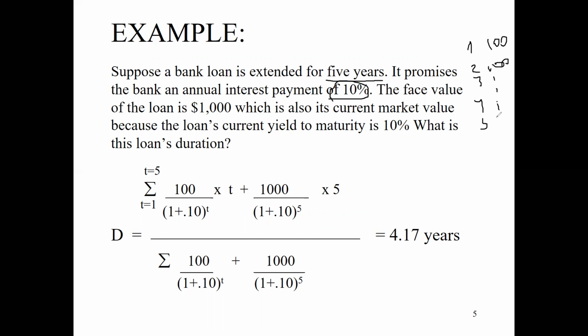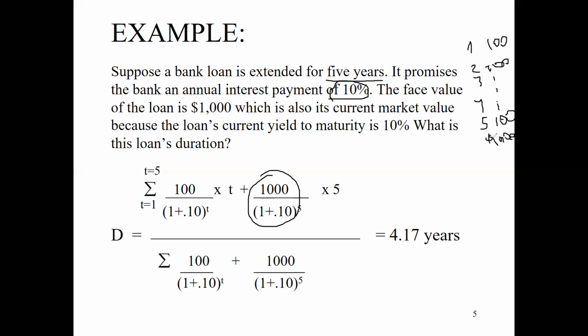So same 100. Sorry for my handwriting, but it's the quickest way to just illustrate numerically on the whiteboard. And the face value of the loan is $1,000. So this is what we should add as well. $1,000 in the 5th year as well. We're adding it as well.